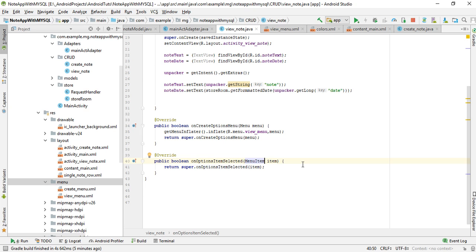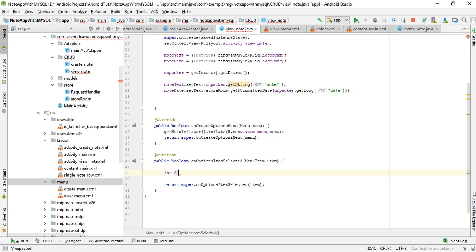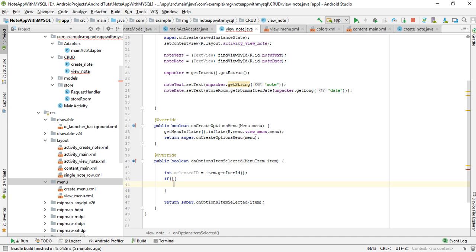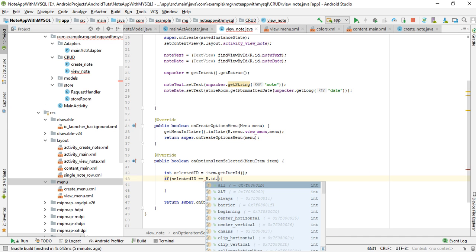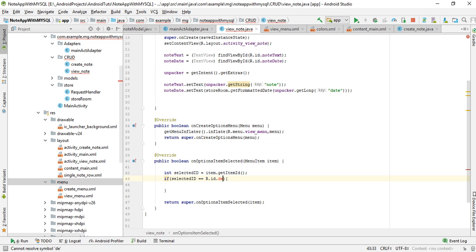Now within this option selected, let's just say selected ID equals to item dot get item ID, and if this selected ID is equal to r dot id dot delete